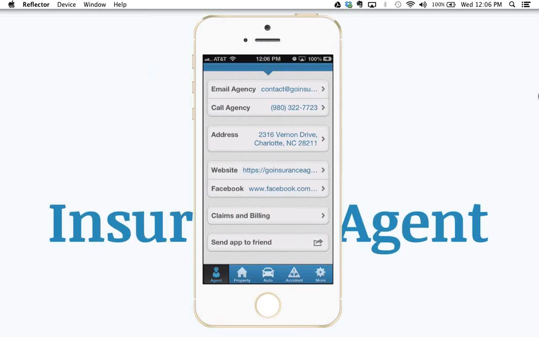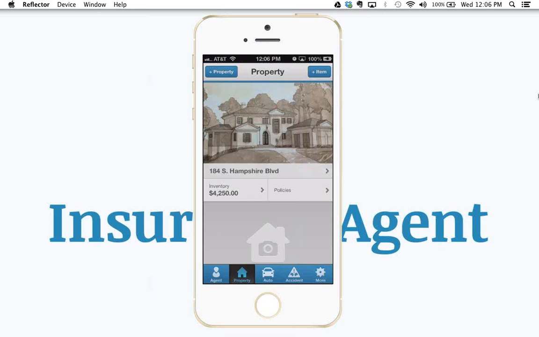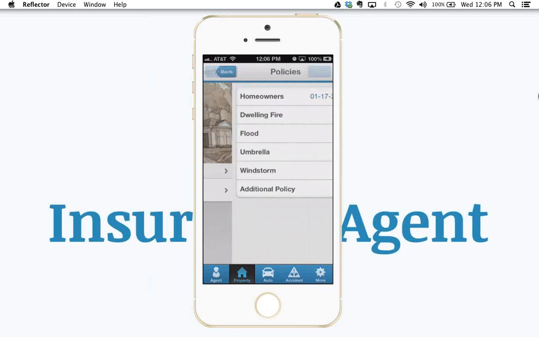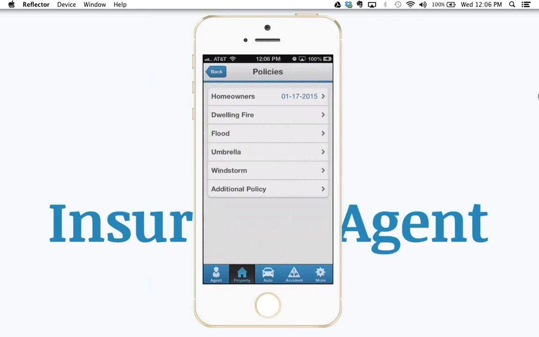The Property tab that I'm going to click on next is data that comes directly in from QQCatalyst. In this particular case, this customer has one dwelling at 184 South Hampshire Boulevard, and I'm going to tap on the policy buttons now and show you that there is one policy associated with that dwelling, that home,